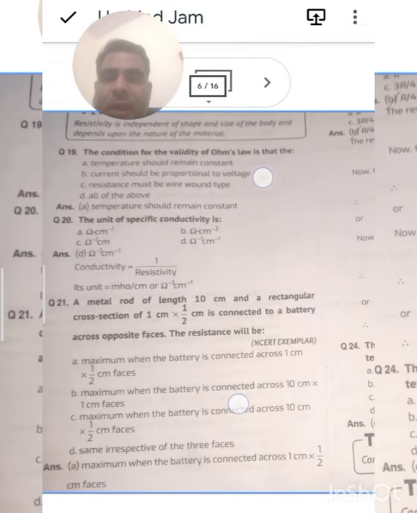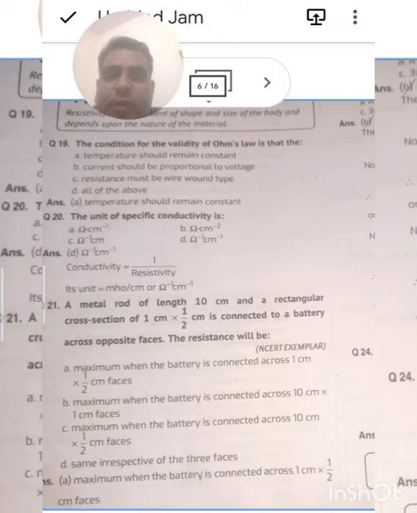It says that the condition for the validity of Ohm's law is that the temperature should remain constant. The unit of specific conductivity is given as mho per centimeter, or per ohm per centimeter. After that,